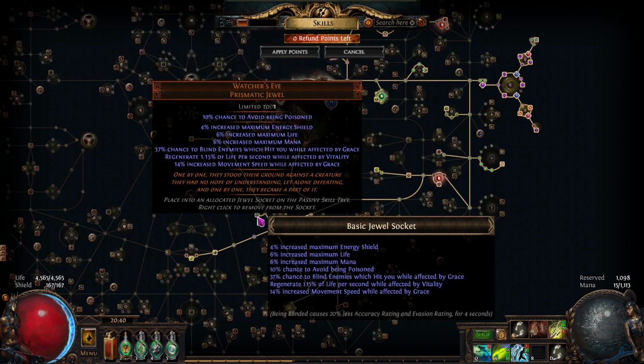Now I know we're not running Vitality at the moment, but that doesn't mean if anyone does hit us, which is a fair occurrence now with the Archnem mods, they got 30% chance of being blinded, and we've got the increased movement speed while affected by Grace. And at some point I'm going to get an unset ring and put in Vitality,